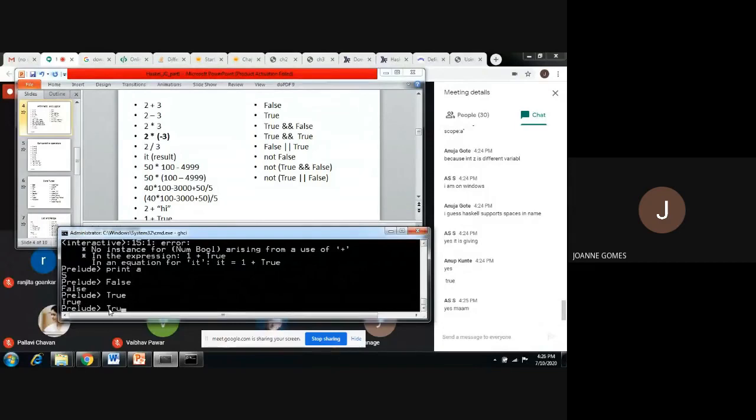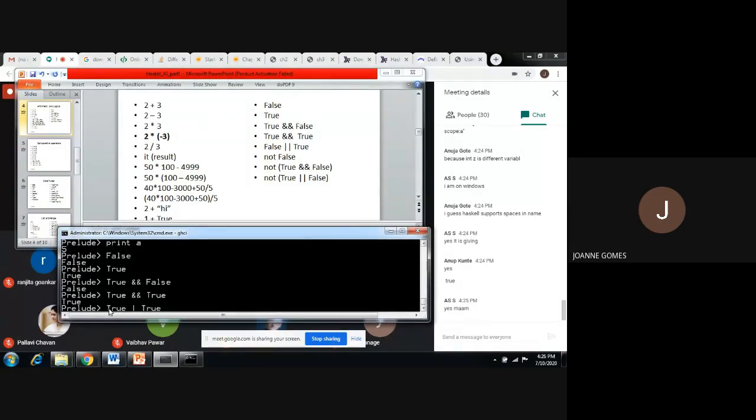Probably we can try True, and AND is double ampersand, True and I will write False. Okay, so it is giving False, and if I write True and True, fine, it's giving True.